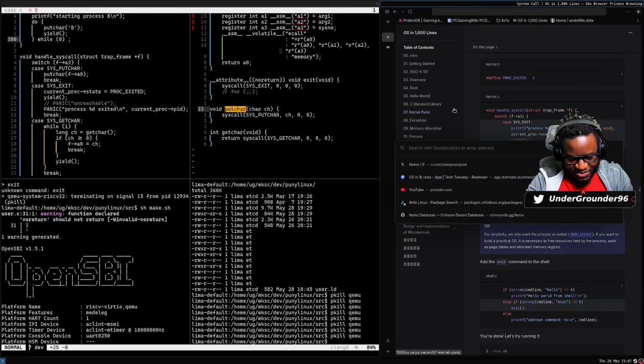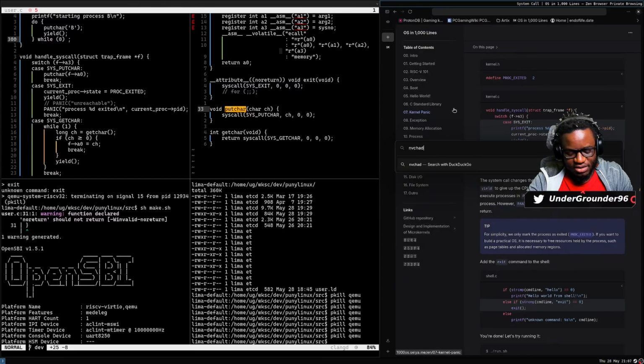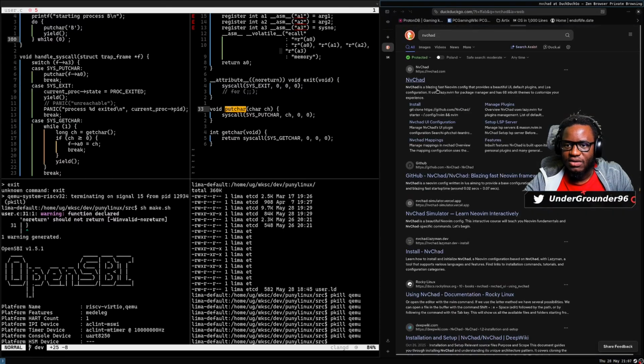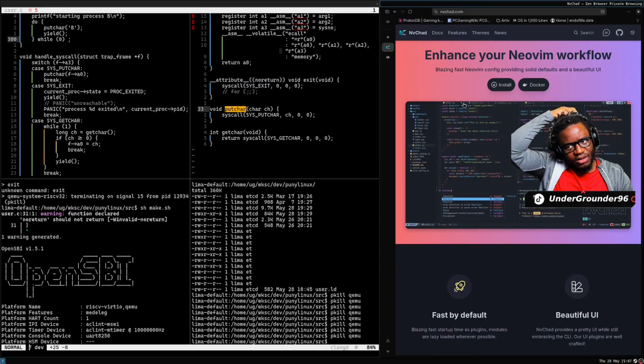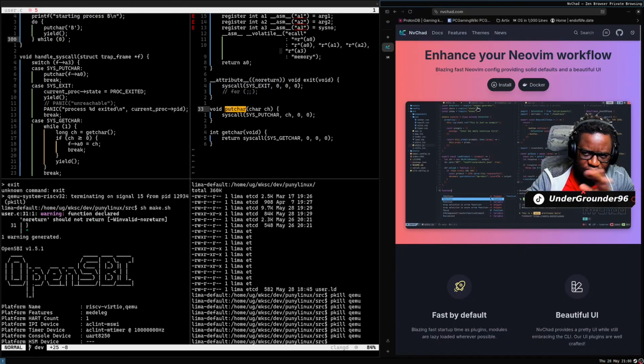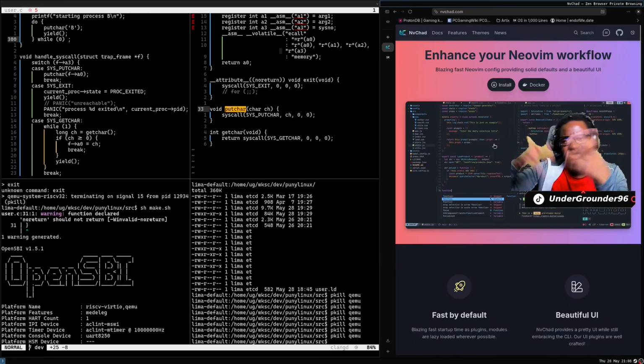So what I did, I went and looked for one of the Neovim distributions. Yeah, NvChad. I used NvChad. Back then, it was version 2.0 or whatever. Now I believe they're on 2.5. So I just took their template, used it, boom, boom, boom, it worked.